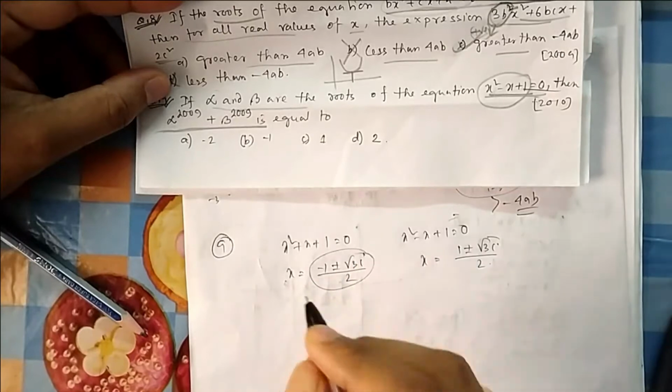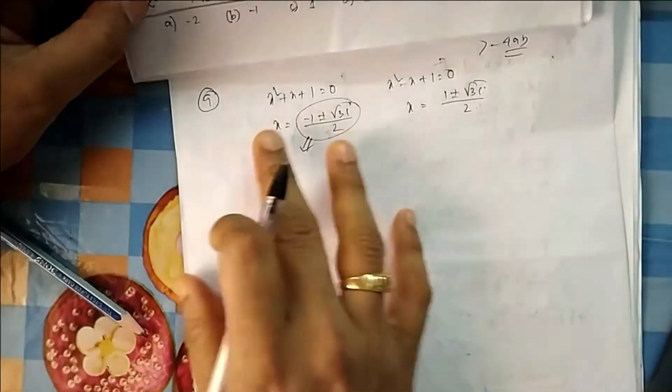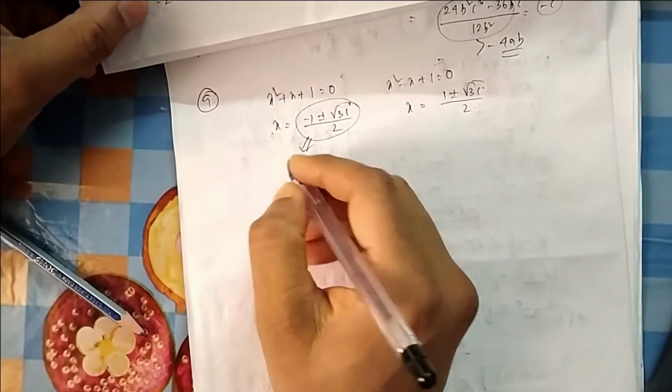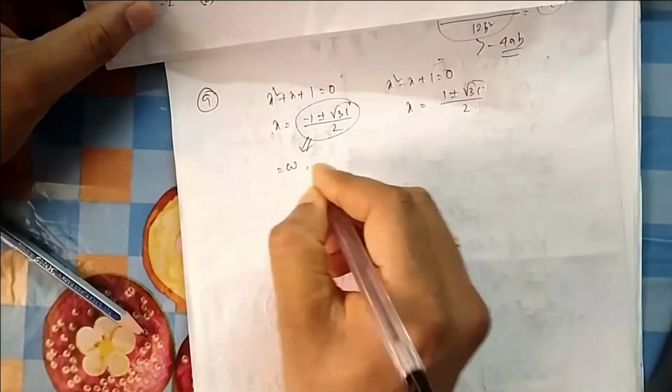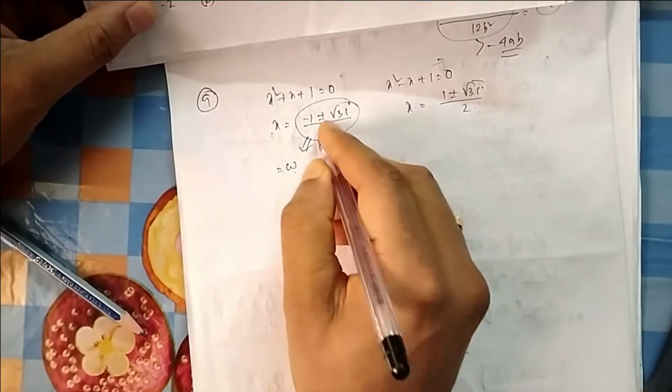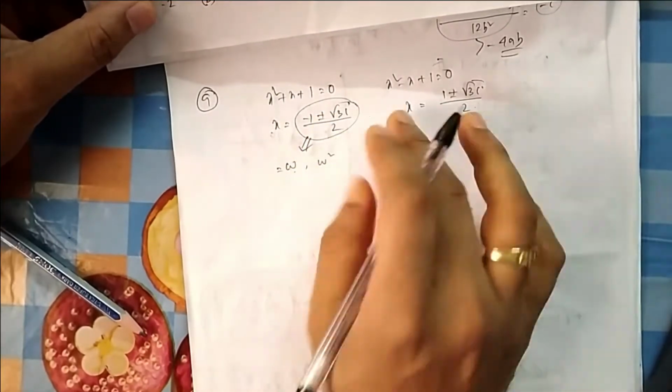So for both these expressions, if you know quadratic equations and complex numbers, you might have already heard it. But for those who don't know it, this is nothing but the cube root of unity. One is omega and one is omega square. If you take the plus one as omega, then the minus one is omega square. For now, if you don't know, just remember this.